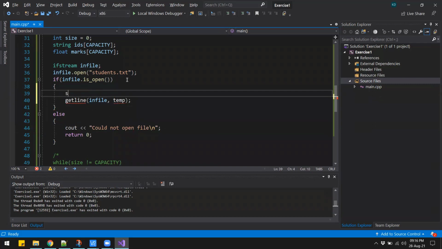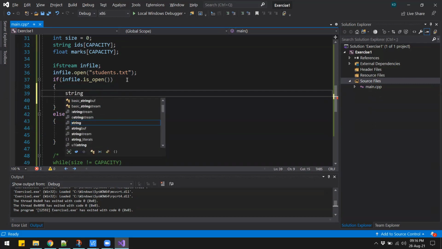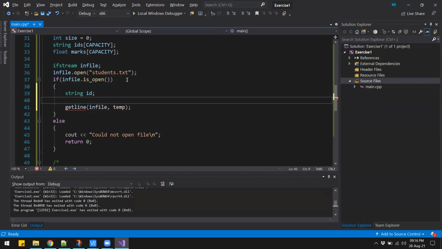Now in here, since we have to read and store the ID and mark in some variable, I'll declare an ID variable to store the ID, and then another float variable to store the mark. You can say m or mark, and we also need to declare this temp variable to store the first line, which is of type string as well.